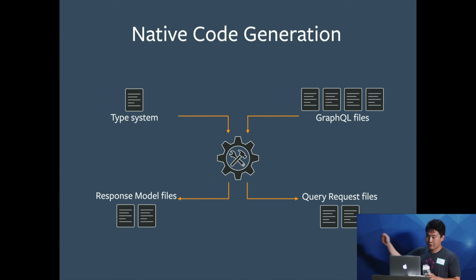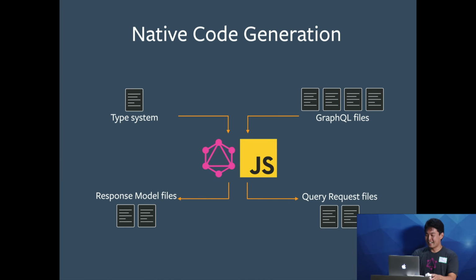This is roughly how our toolchain looks at Facebook. We built a toolchain library that powers our native client-side development. Its job is very simple. You have a type system, the capabilities, and files that contain GraphQL queries. And the toolchain generates files used to send out the query requests and types that model each response from the execution result. And it's very relevant to say it is powered almost exclusively by GraphQL.js, our reference implementation, and